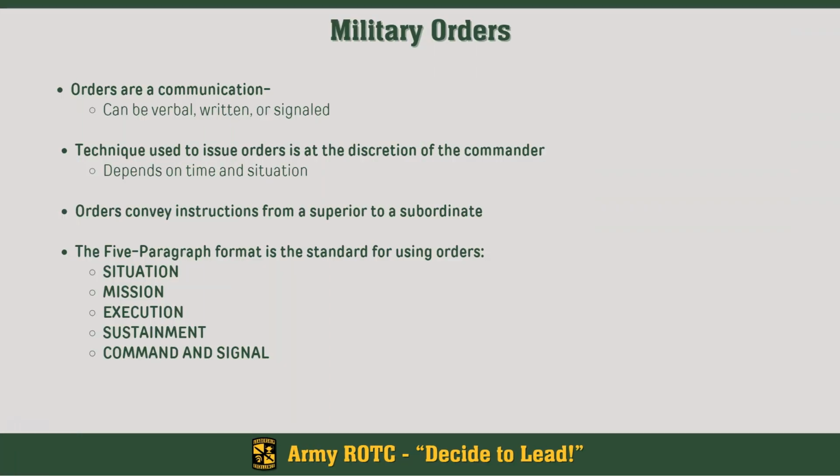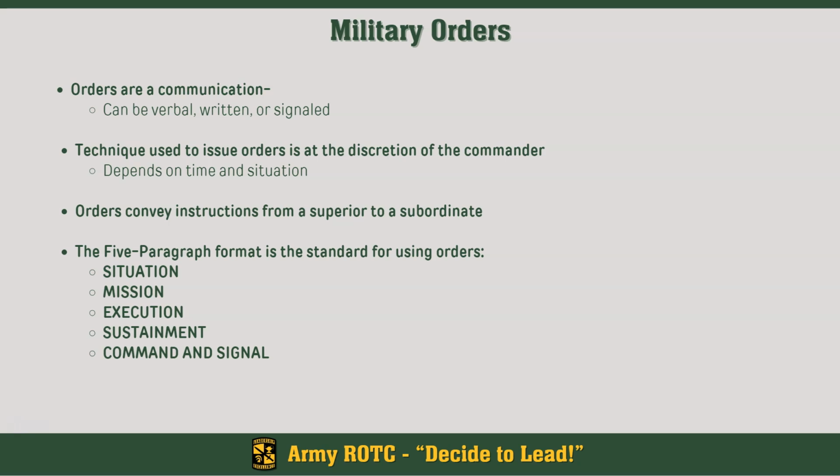So going into it, let's talk about military orders. Now, on the military side, they can be verbal, so spoken. They can be written down or even typed out, or they can even be signaled. Now, we're going to be focusing on the verbal and written types of orders. Signaled, the best way to think about that is like hand and arm signals, right? If we put up the hand and arm signal of halt, that is technically an order to whoever is behind